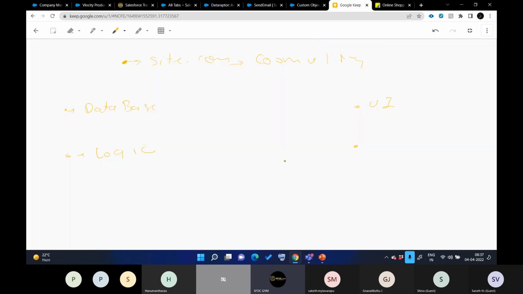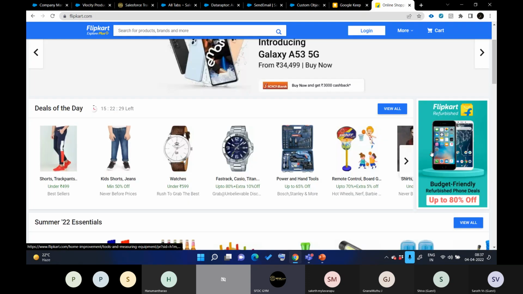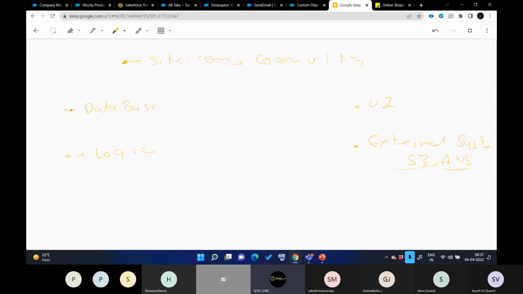So what we will do is not use Salesforce for that, we will use additional external systems for that purpose. External systems, maybe S3 in AWS, right? So there we also need an integration. That's all I want to say. As of now, to build a website like Flipkart, we need a community. We need to utilize the database of Salesforce. We need to create a UI engine, maybe by using LWC, maybe by using a VF page, anything that you like. Maybe you can go for Aura as well. And then we need logic. Logic means we need automation logic that sends messages, so that the buttons work properly.